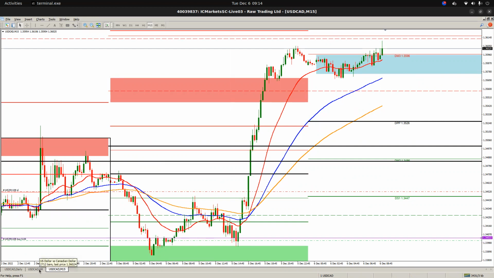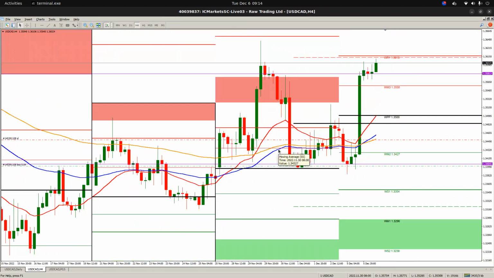So I hope you got that trade. It happened exactly how I said it was going to happen, so you shouldn't have had any problems. What have I done now? Okay, well, my stop was 50 pips, so I've locked in 50 pips profit. I was going to lock in more, but I want price to be behind this support over here, and this support over here, and this support over here.